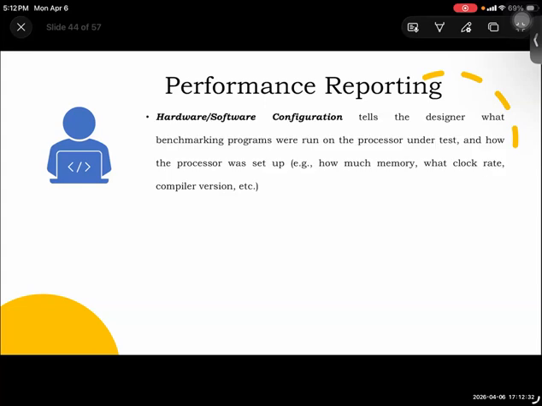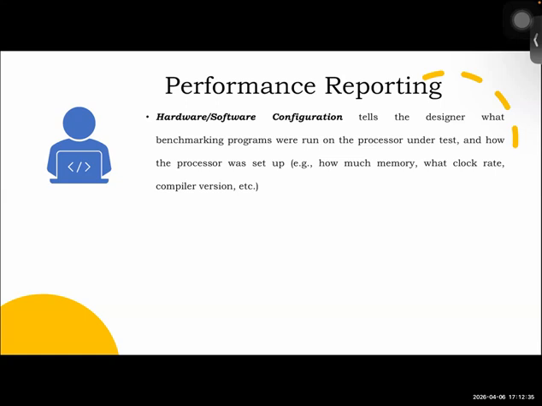So the overall performance reporting is based on the hardware addition or hardware upgradation, okay, and the software configuration. So that tells the microarchitecture designer which benchmarking programs were run on the